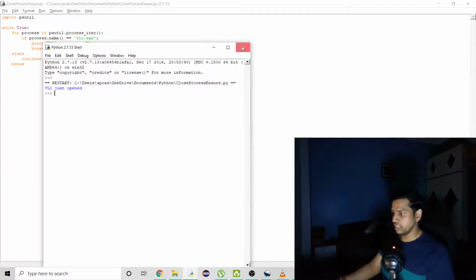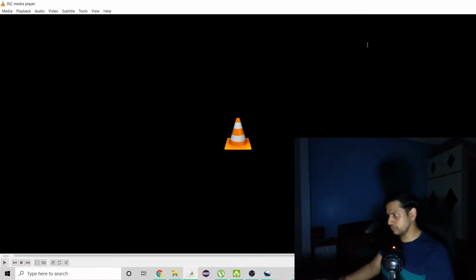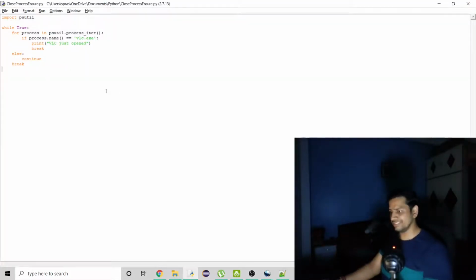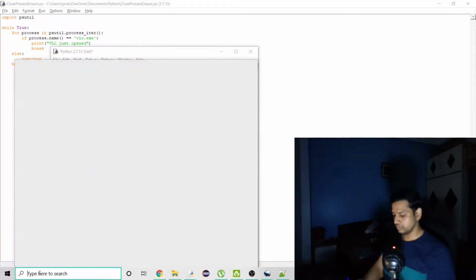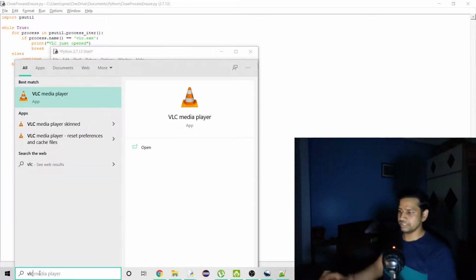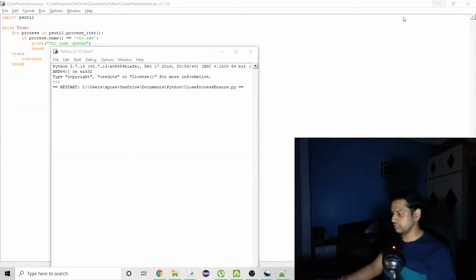That's good. Now I'm going to close VLC and keep this running indefinitely, in case I want to create an infinite video, but that's not the case. Here you can see that the application is still waiting to terminate. So for me, I just have to search for VLC, hit enter, and minimize that screen or click here. It should pick that application up and terminate. Yep, that worked. So that was it as per the code.